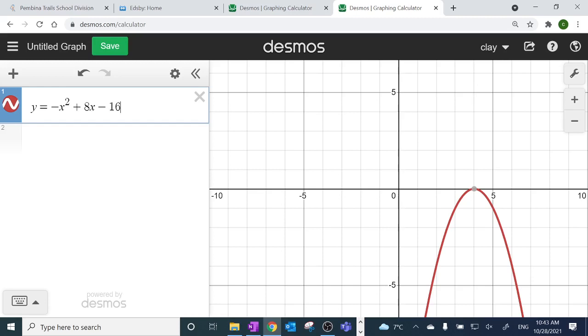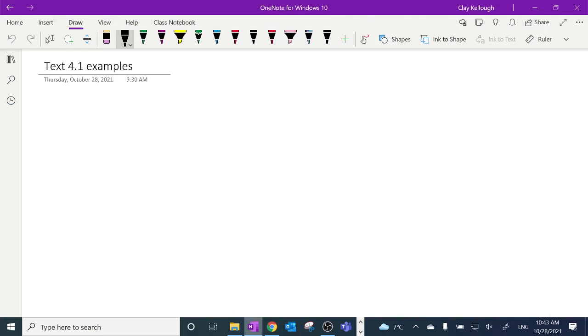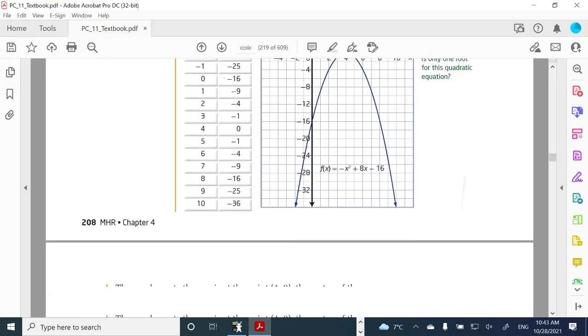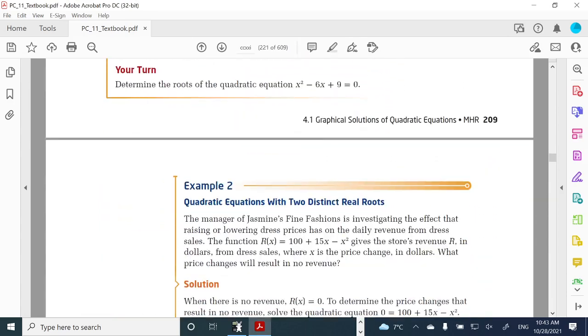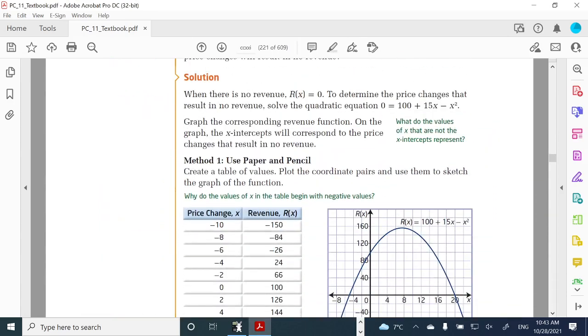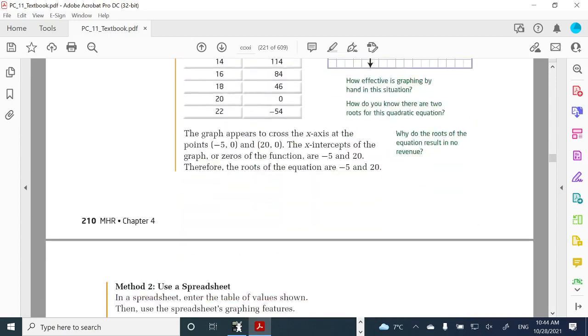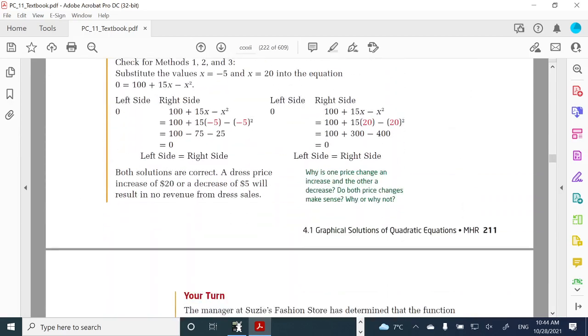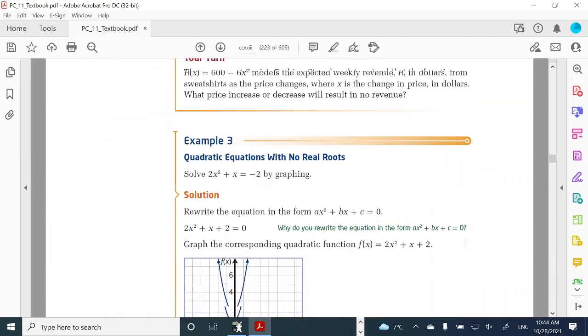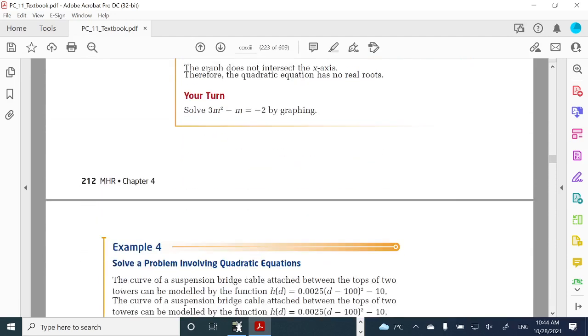Let's try a tougher question. Obviously, I wouldn't use that technology on something that I could factor very easily. So let's get to one that's a little more real world. Even that one I could factor, so forget that second example. Is there a third example? How about